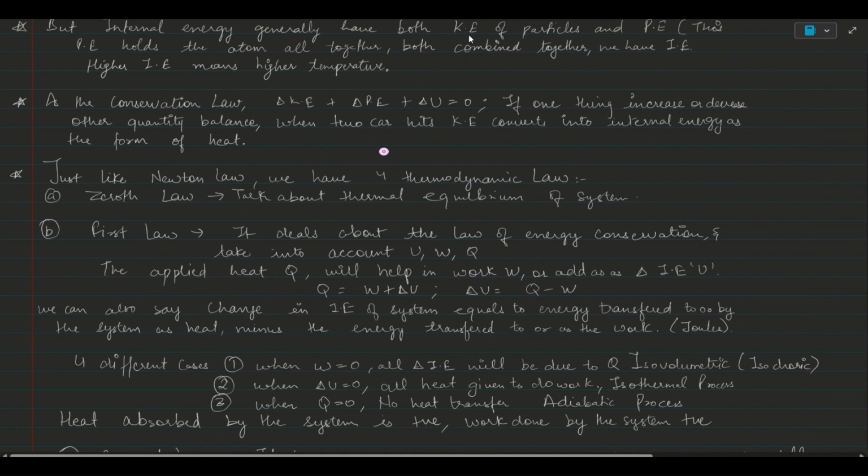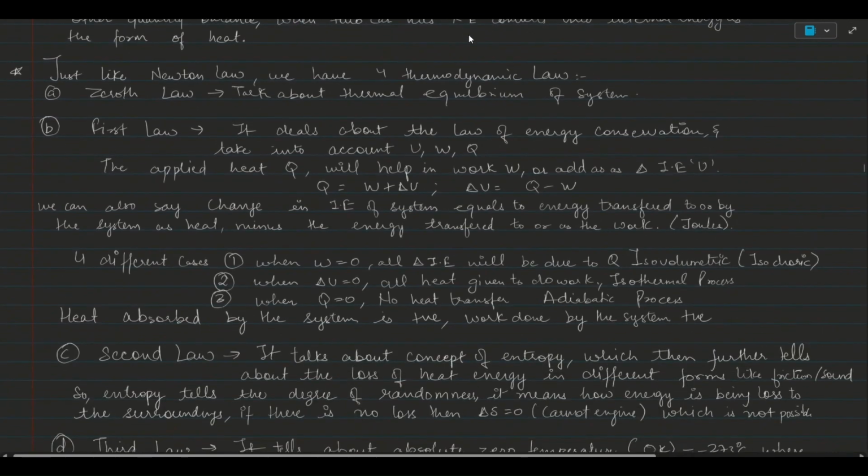For example, let's say we take two cars, and they have an inelastic collision. Then what's going to happen? The kinetic energy is converted into internal energy. That's how we say the internal energy of the whole system increases when both cars hit each other. After hitting, the kinetic energy converts into internal energy. And what's the result of internal energy? It increases the heat, in the form of heat. So again, this decreases, this increases. That's how the equilibrium of conservation is settled, and this is known as the conservation law.